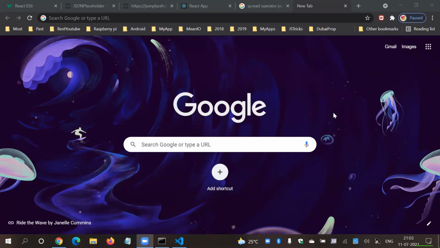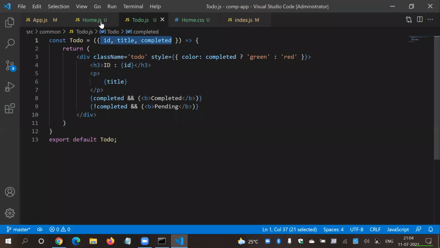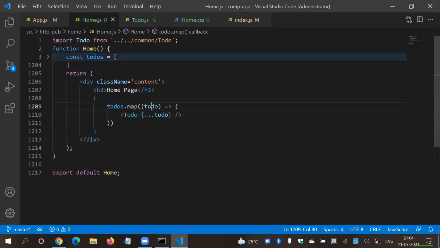Yes, Nunda. You mean to say that spread operator we need to use only when we are using array, not in object? Here I'm using it for object. In this current example, we are using it for object. But in that constant variable, you're putting all these details inside the array, right? Logically, this is your object.